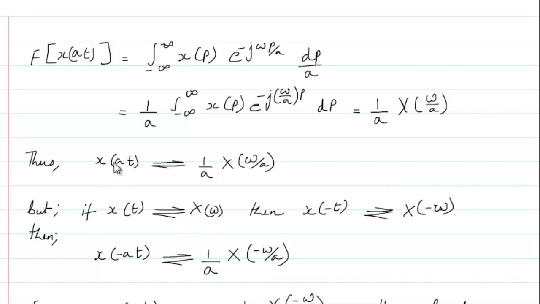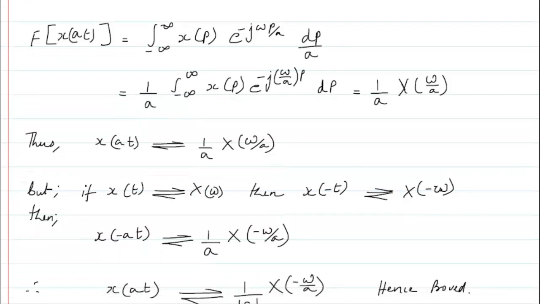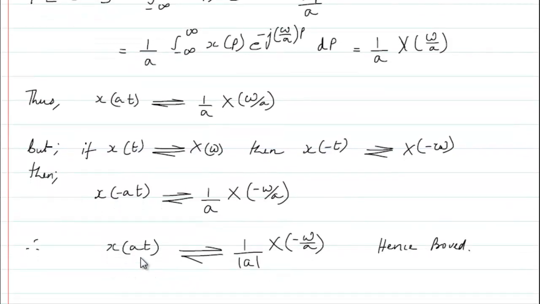So generally people will think that if I have a negative value of a, then I should make this a also negative. No, in this answer you can see that the a does not become negative. That's why we write that if you are trying to take the Fourier transform of x of at, you will get 1 by the absolute value of a. That means it will always be a positive value, even if a is negative here.